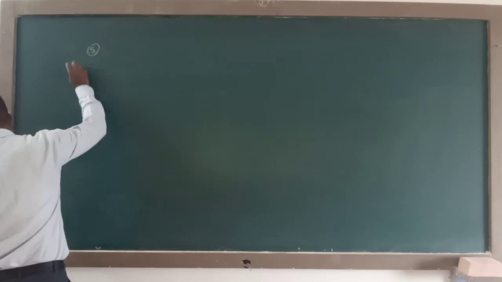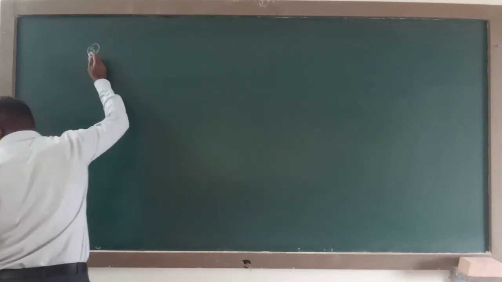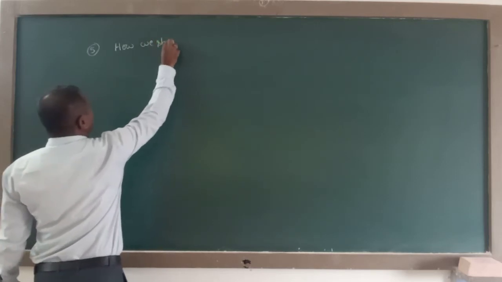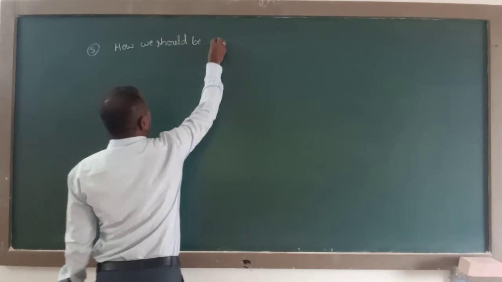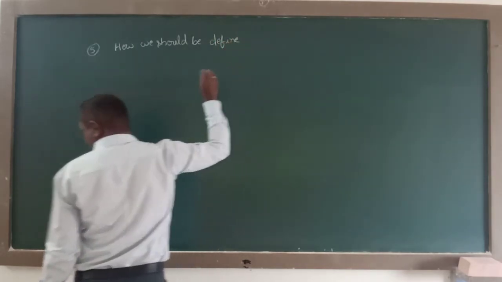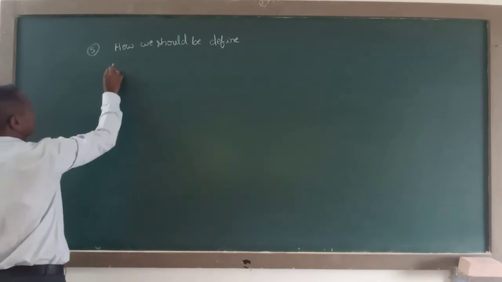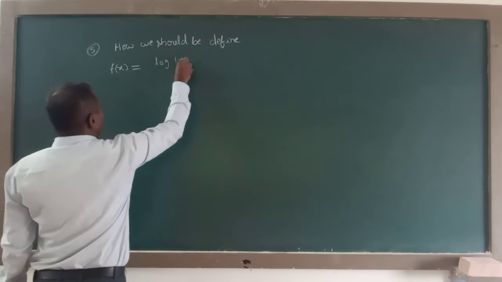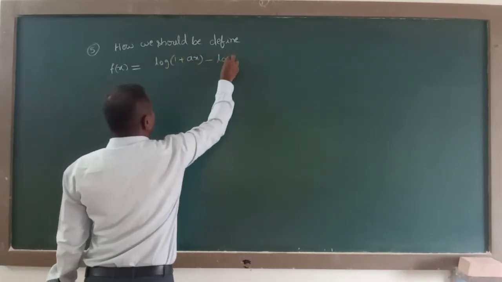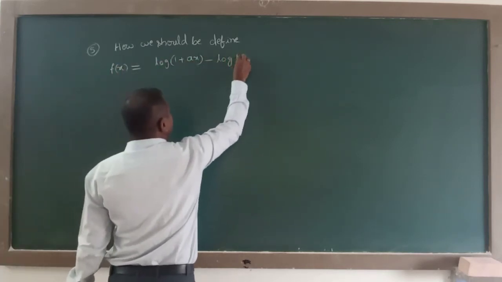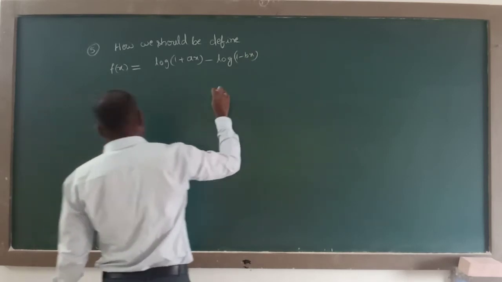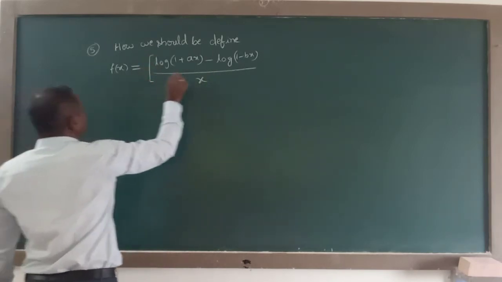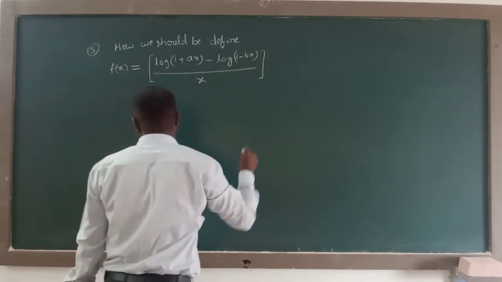Fifth question. How should we define f of x, which is equal to (log of 1 plus ax minus log of 1 minus bx) whole divided by x, at x equal to 0,